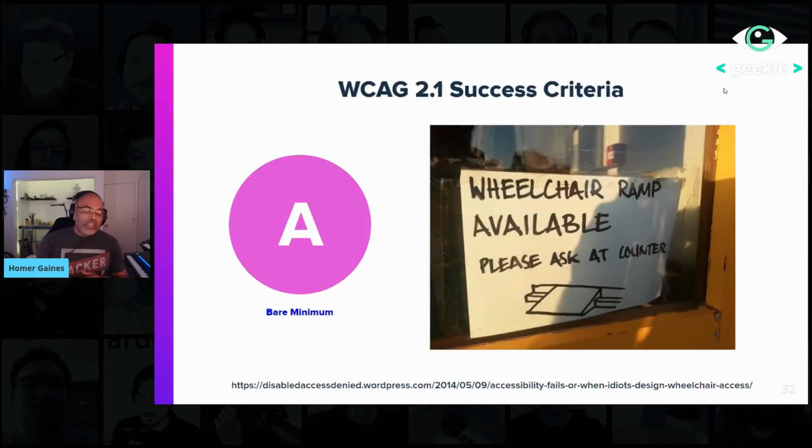So within the WCAG, we have different levels that are recommended to meet. Now, all of the governing rules and regulations for all 70 countries that I spoke about earlier recommend meeting level AA. And I'll get to that. So level single A is doing the bare minimum,